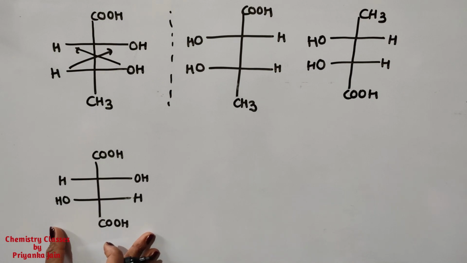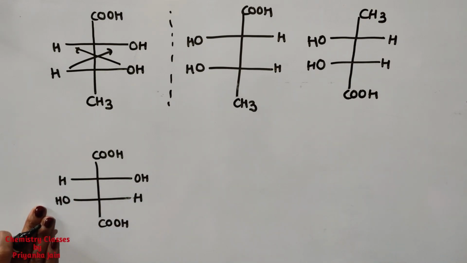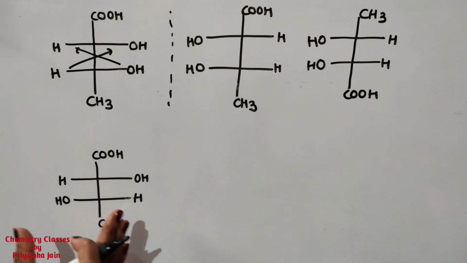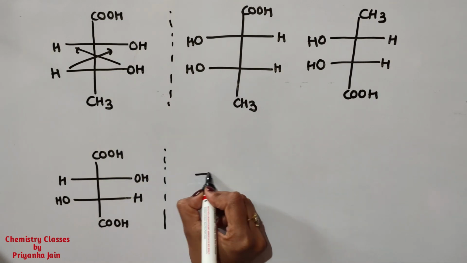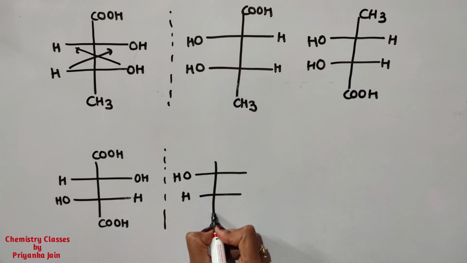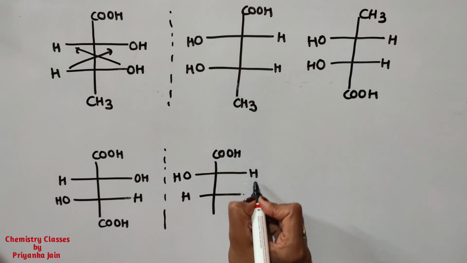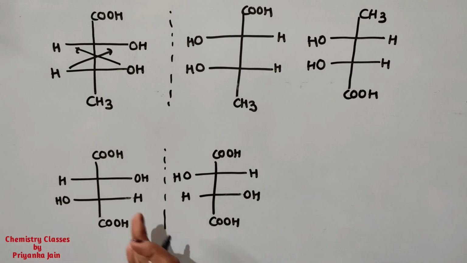See here, next molecule. In this molecule, now what you have to do? Can you imagine whether it is optically active or inactive? There is no plane of symmetry, right? So this molecule is actually optically active. And if two molecules are given in this manner and we are asked whether they are homomers or enantiomers, then you have to do the same thing.